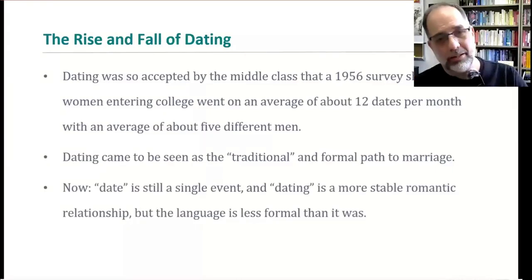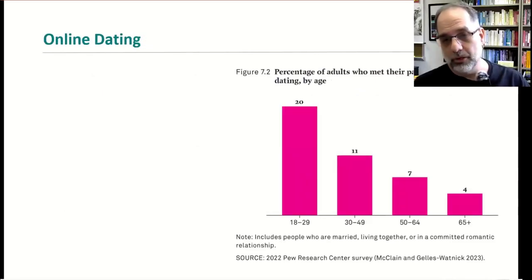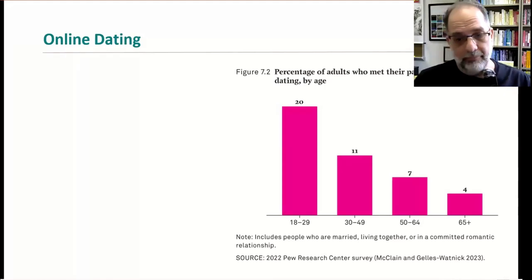Now, when people talk about dating, they usually talk about a date as a single event. Dating is a more stable relationship, but the language is less formal than it was, and so it's more up for negotiation. The scripts are not as clear as they once were. And technology has played a huge role in this. It's a little hard to identify how people literally meet, but when we talk about how do people meet,